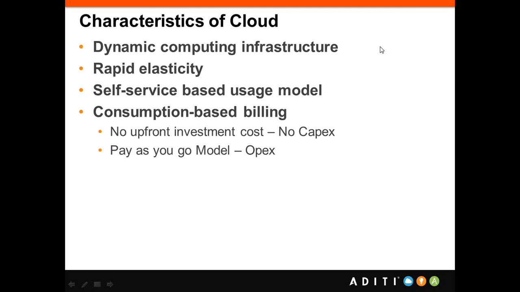Okay? It is pay as you go. If you use a server for 1 month, you pay only for 1 month. Forget about 1 month, it is hourly. If I am using a server for 1 hour, I have to pay only for an hour. It is as good as utility billing which we do for our usage, electricity usage or telephone usage.